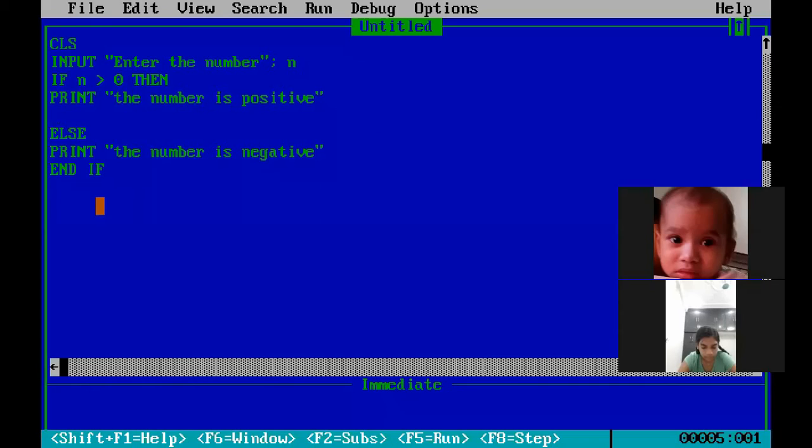If the condition will not be true or will not be followed, then it will print the second result. Is it clear to everyone?